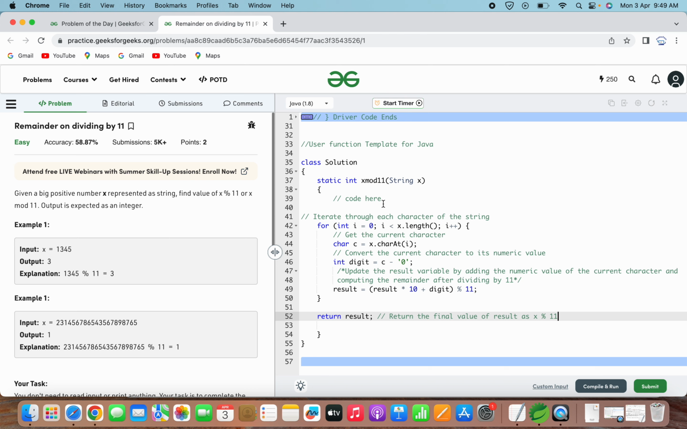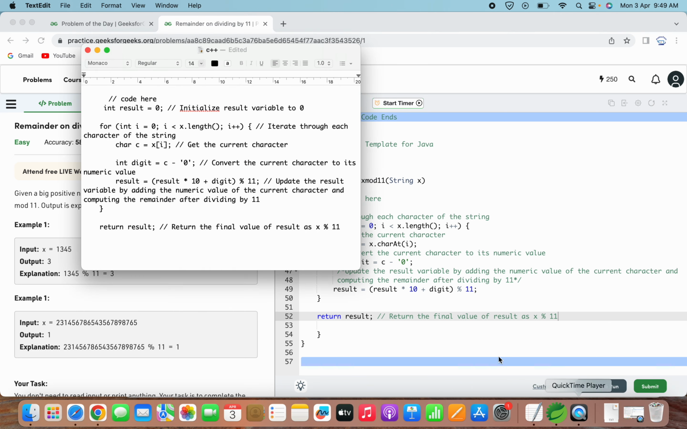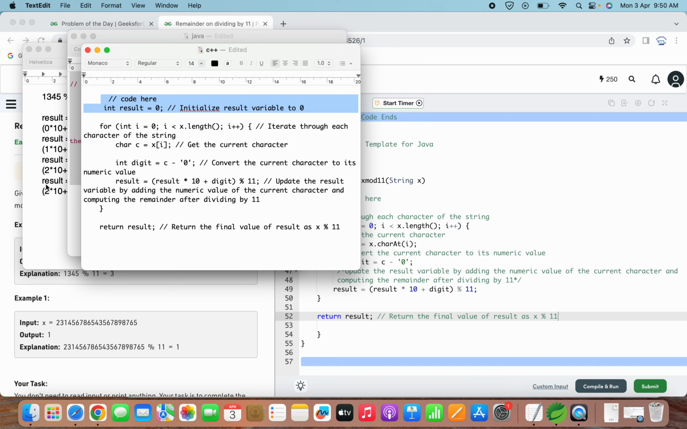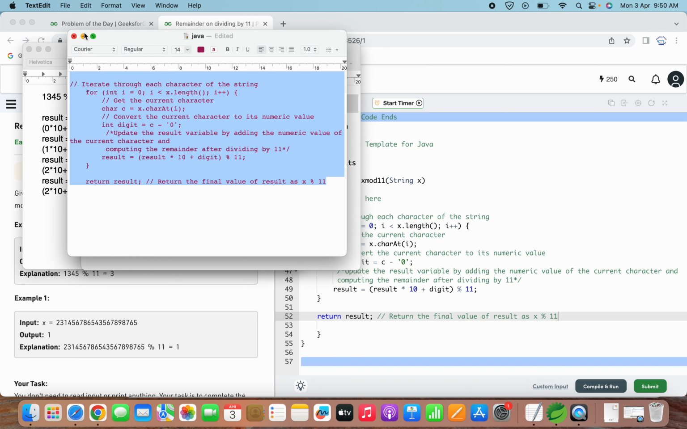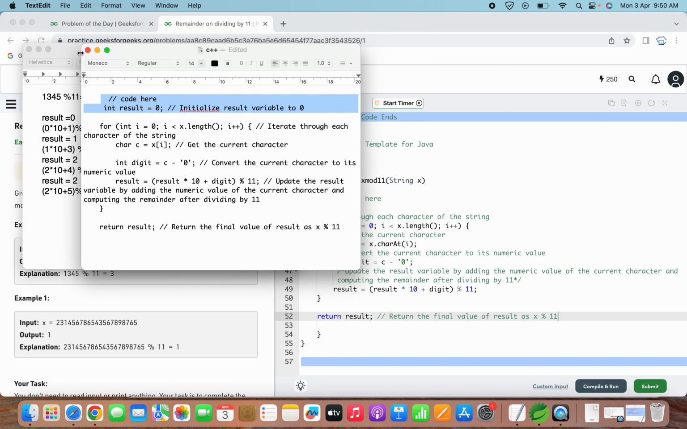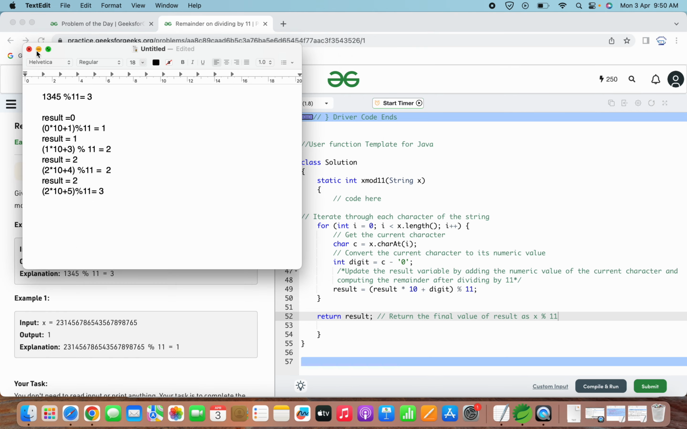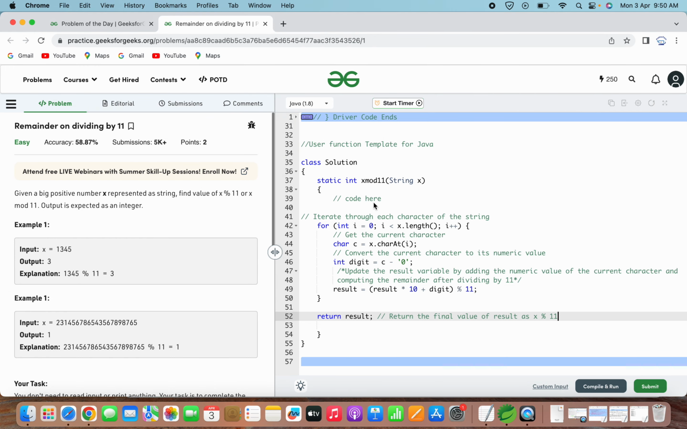So here I think I have missed something. This initialization, I think I have missed it. Let me just minimize all these things. Yeah, so